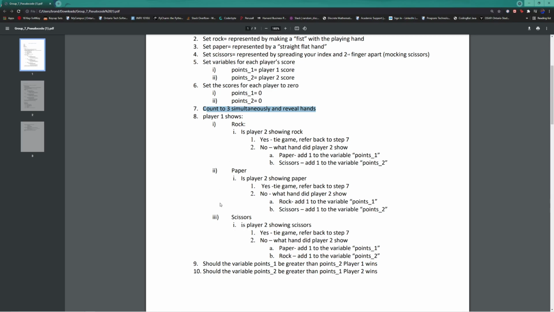And in the final scenario, it would be if player 1 was to show scissors. So if both player 1 and 2 were to show scissors, then it'd be a tie game. And once again, we refer back to step 7. If player 1 shows scissors and player 2 shows paper, we would add 1 to variable points 1. And if player 1 was to show scissors and player 2 was to show rock, we would add 1